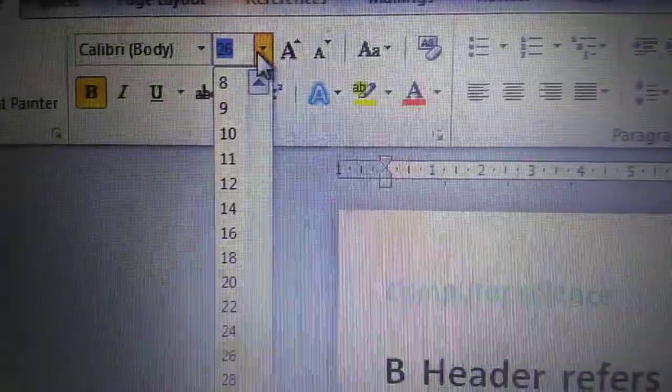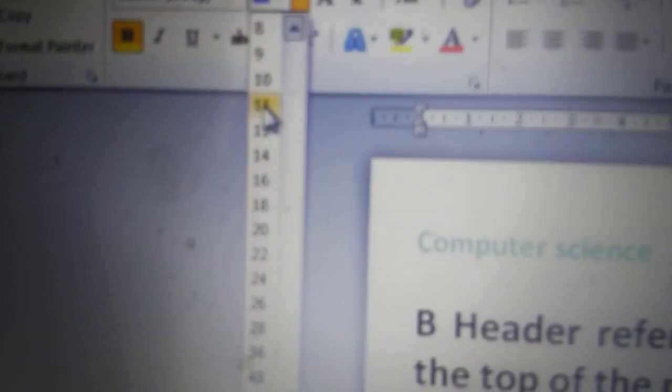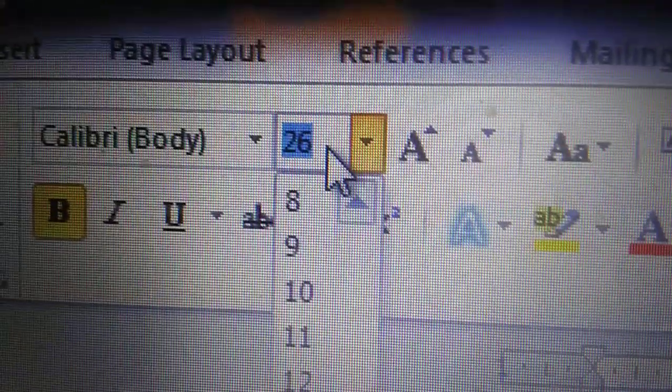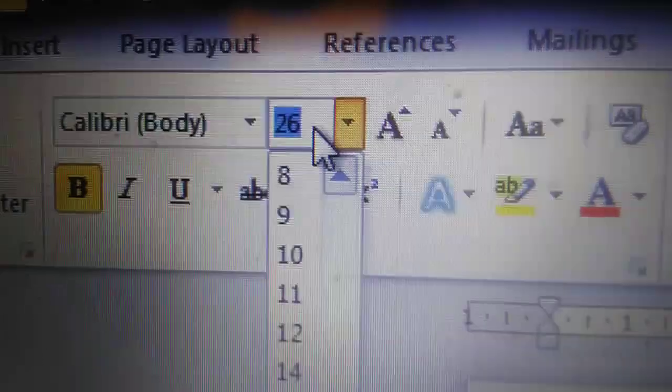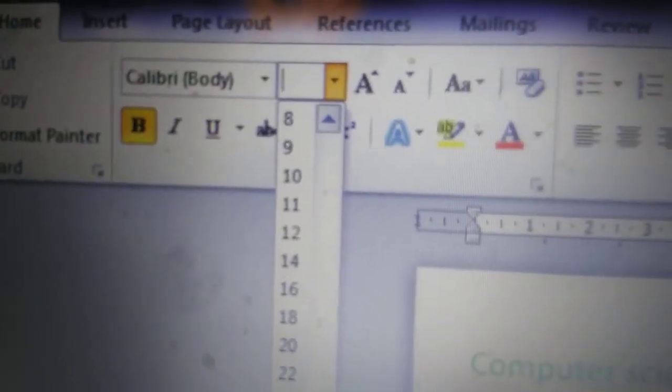of increasing the size of the font. From here you can select any sort of size, and you can have your text in that size also. The maximum number they have given is 72, but in some cases if you want a greater size than the maximum size mentioned in the Word document, you simply change your number from here accordingly.